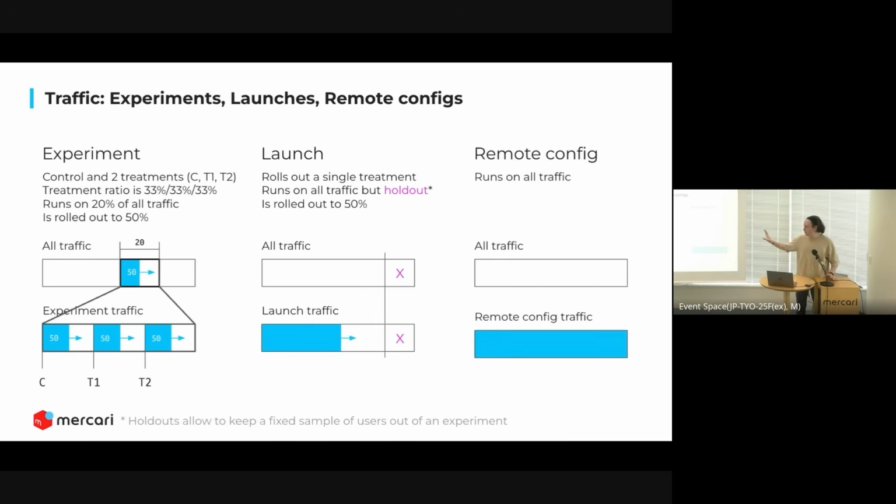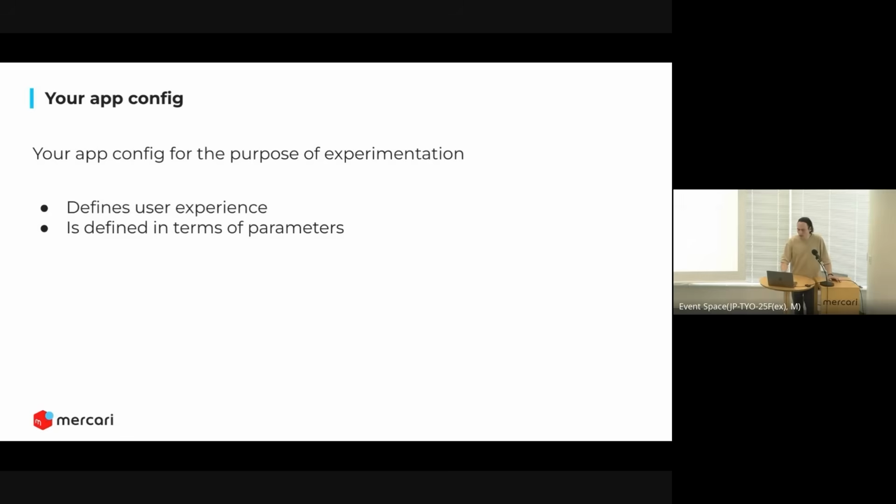The next thing, the remote config, it's the simplest one. It applies to all traffic. So unconditionally, when you enable something, everyone will get it. Okay, so that's how it works with the traffic. And now maybe one more. Now, when we know this, let's look one more at how